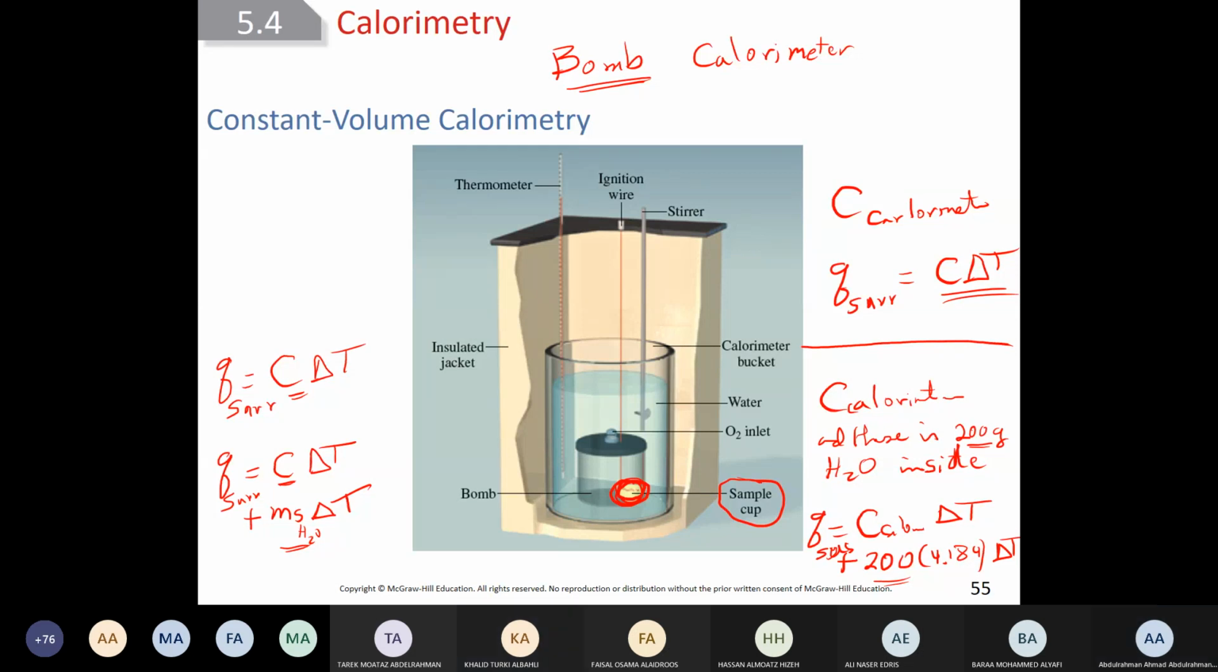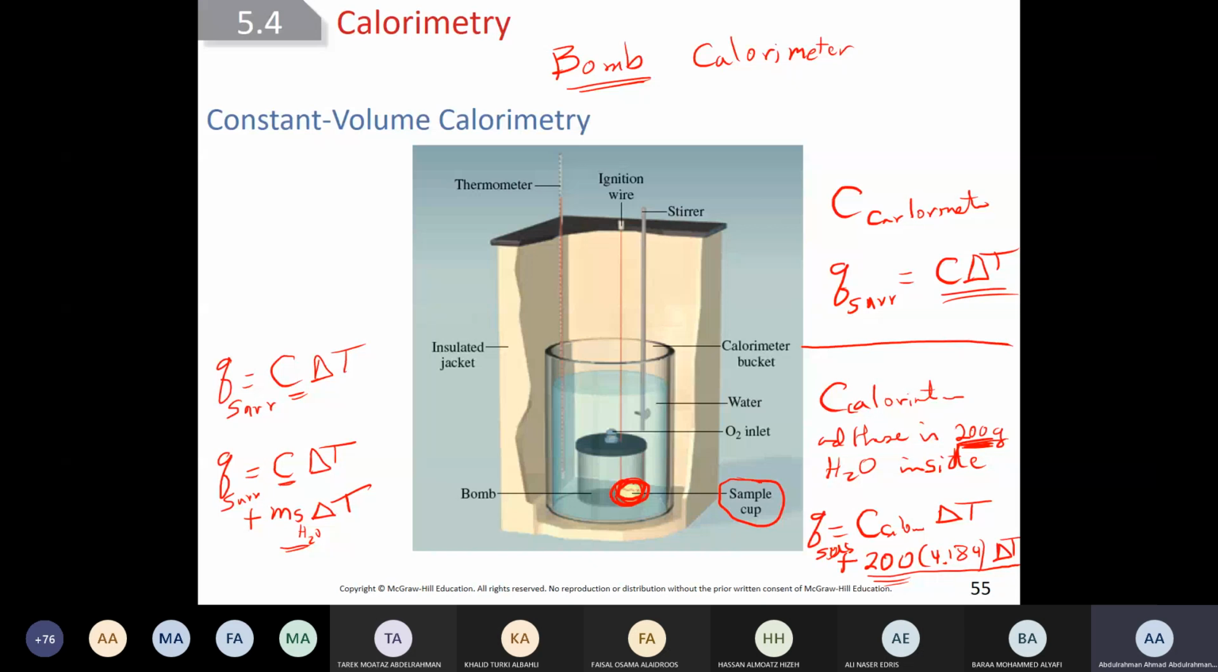Clear? What's the difference between this? I cannot hear you. Why do we do that? What's the difference between these two cases? When I give you the mass of the water, you have to find delta H for